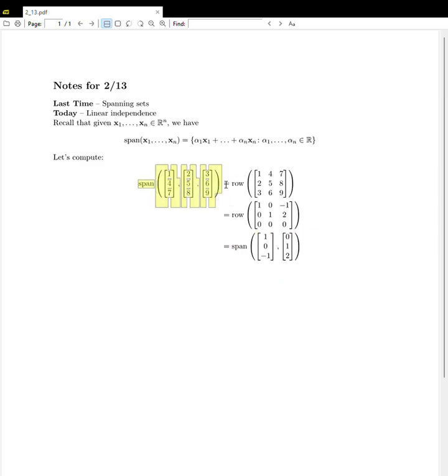Right, this span, while certainly you can write out that it's the collection of all linear combos of those 3 vectors, that's not particularly informative, right? Doesn't give me a feel for what they do. But this method of converting over to a matrix, then row operating, and then looking at the span of the ref that you find, this gives you a much cleaner, much nicer picture of what the span actually consists of, because now when I convert this back to a set,